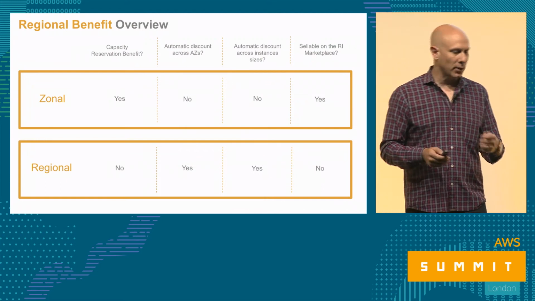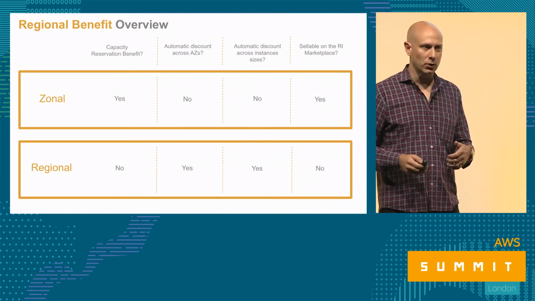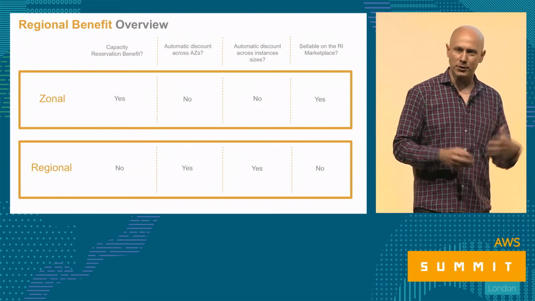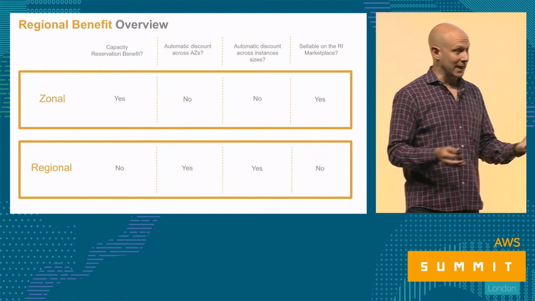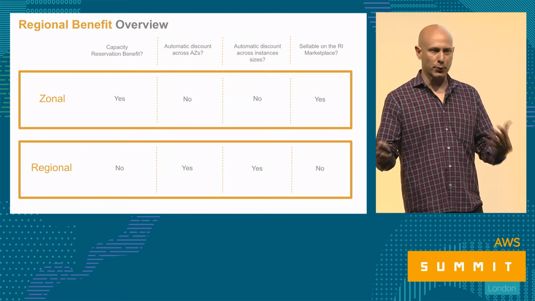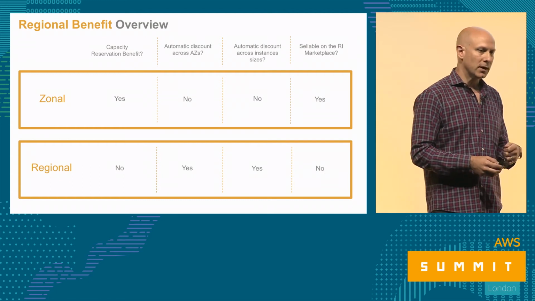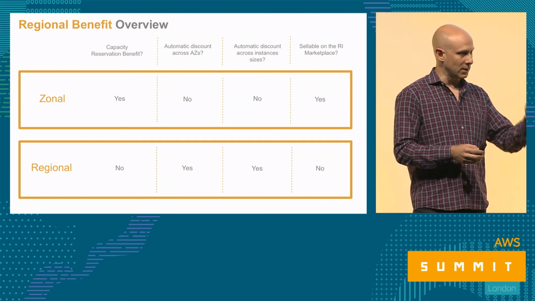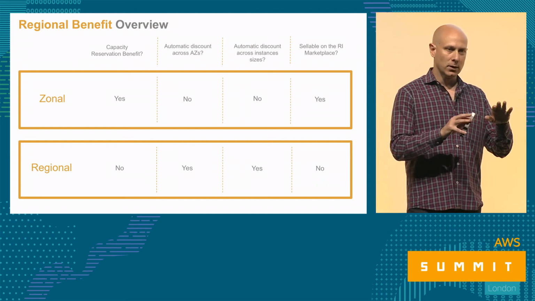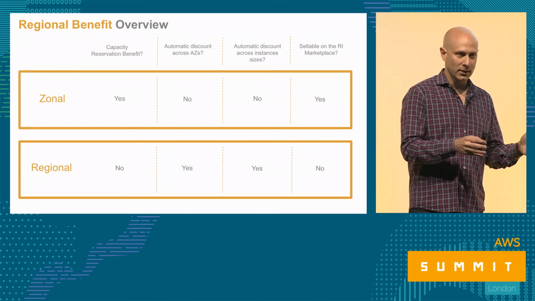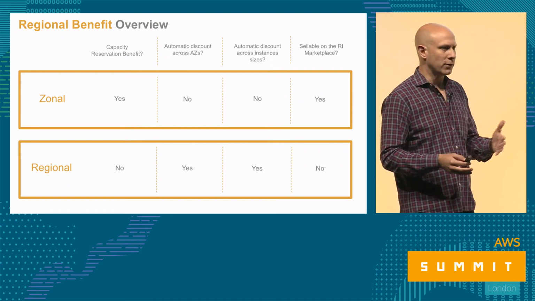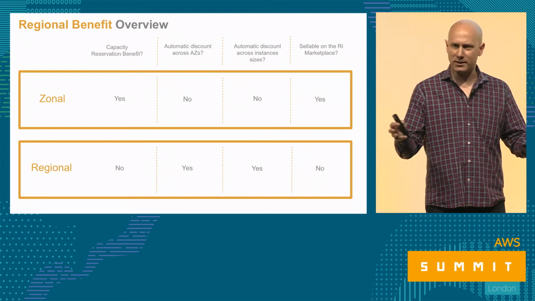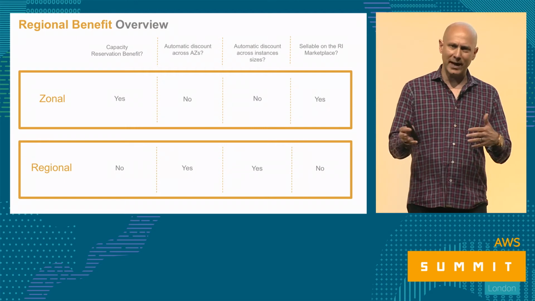This slide is basically going into the details of what the regional benefit allows you to do. Let's say you run an application or a lot of applications on AWS, and you're purchasing RIs primarily to get the discount, right? You want a discount for 1 year or 3 years. You want that 75% discount. If you use the regional benefit, then the RI discount applies to all of the instances that match the RI that you purchased across all of the availability zones in a single region. This is a really powerful tool if you work in IT planning or a finance function, and you're just trying to get the maximum discount over all of the running instances you have